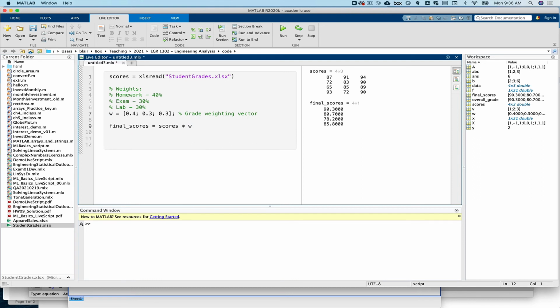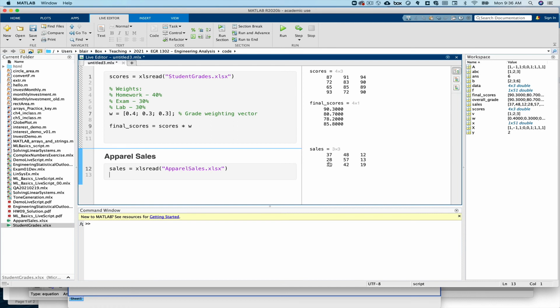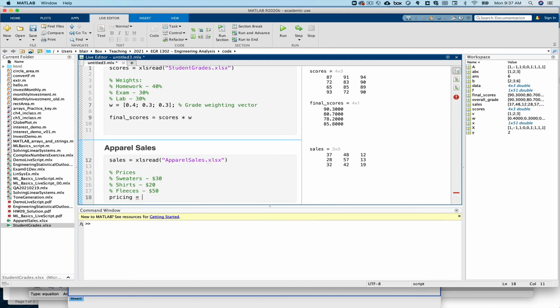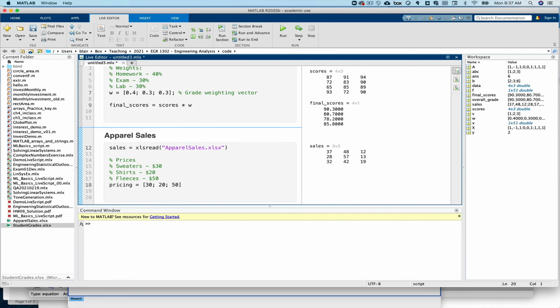Similarly, let's do apparel sales. Let's load the data and run it just to see what we've got. Okay, so let's say that we have prices. So I form a weighting vector, and we calculate revenue. Run this,